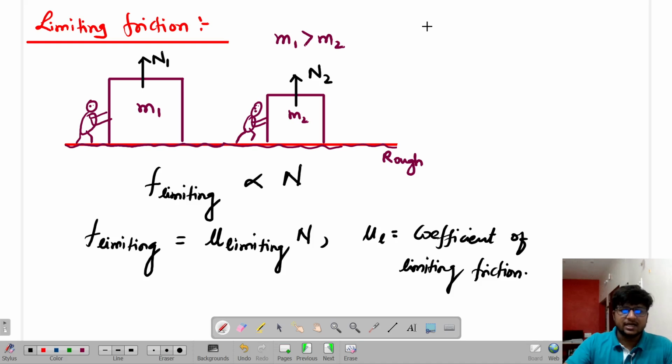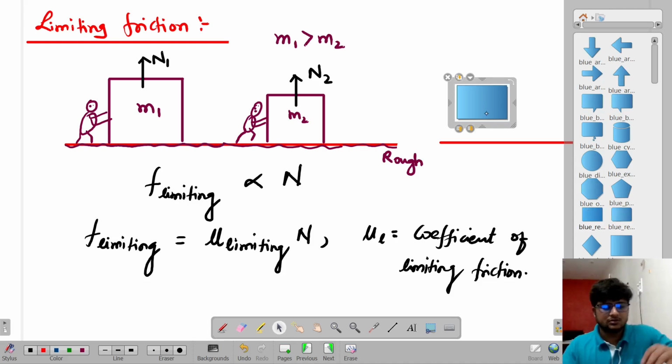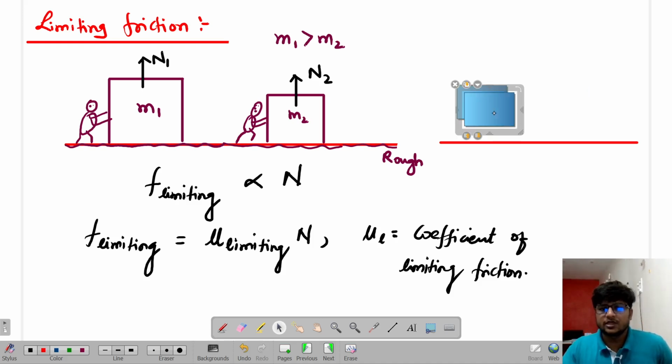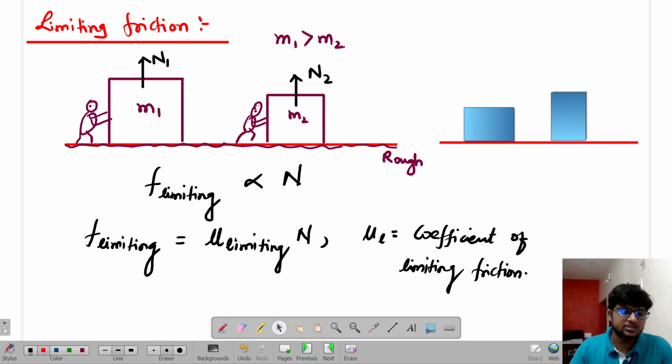Now, if you look over here, let's take another example. See, same masses are there. Same mass block. What I'm going to do, a simple thing, is this time I am arranging them like this. They are the same bodies, you saw that. I just copied and pasted it. And the surface is rough.